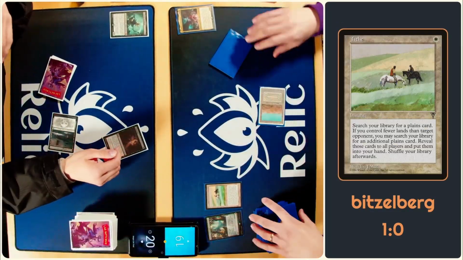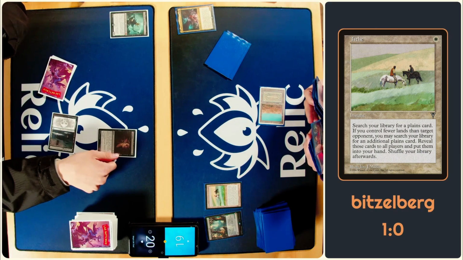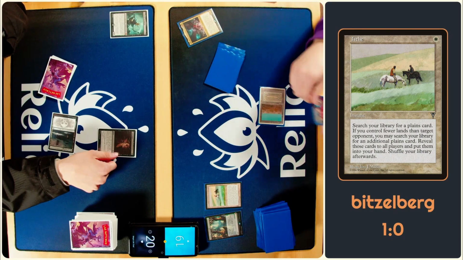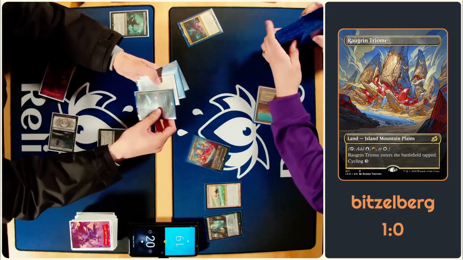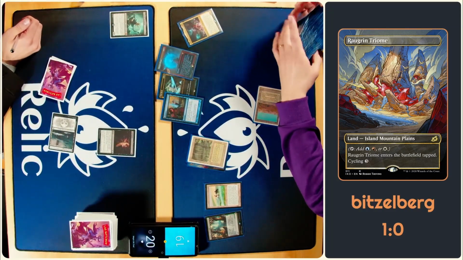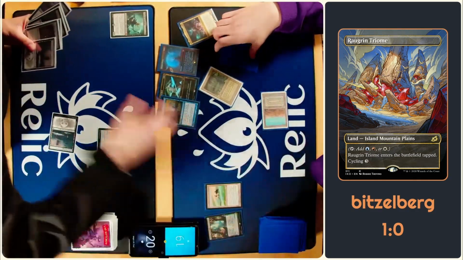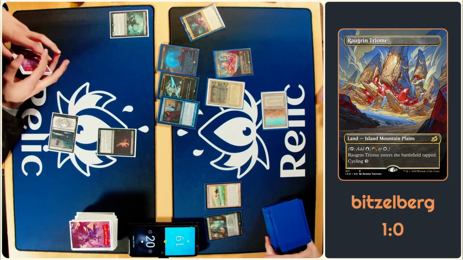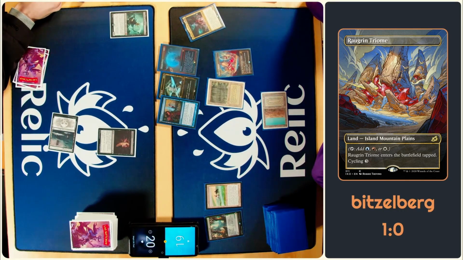We see a Tithe in response to the Durus. Makes sense. This time he wants to make sure to hit his land drops. It's unfortunate to have to Tithe if you are on the play. He's on the play. Never mind. Yeah, so it's not going to get any better. Yeah, it could have been better. I think it was not